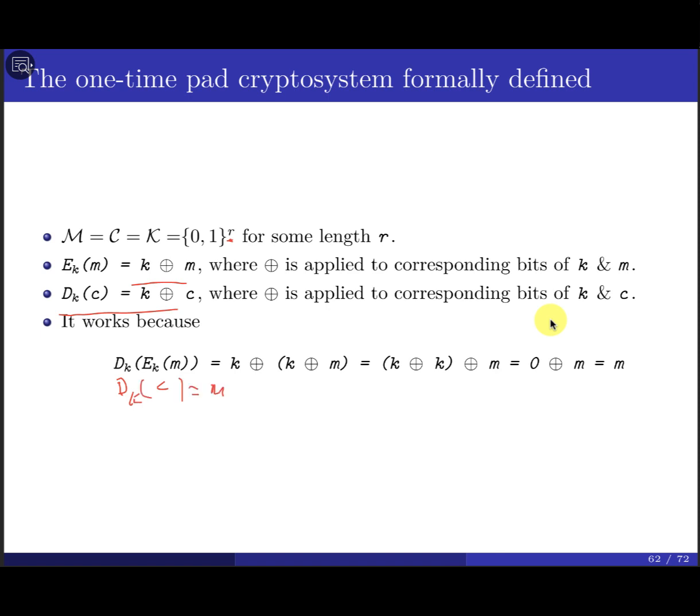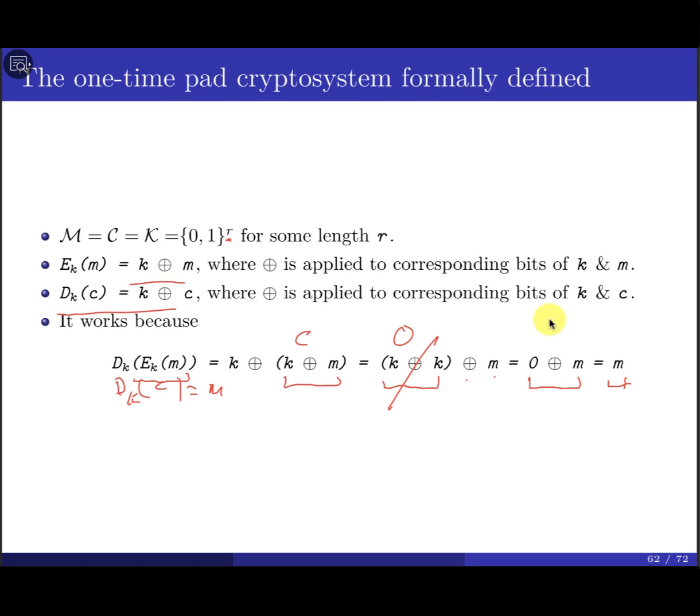So we substitute in this formula. The mathematical notation used to encrypt the message, in this case, is K exclusive OR with M. Then after that, I'm going to exclusive OR with the K. This is the C, right? I just substitute the value for the encryption method. Here, K exclusive OR K, you know that it's self-inverse, so it's going to be 0, exclusive OR with the M, and this produces the same message M. So we managed to use the exact key to encrypt and decrypt the message. So far, so good, hopefully.